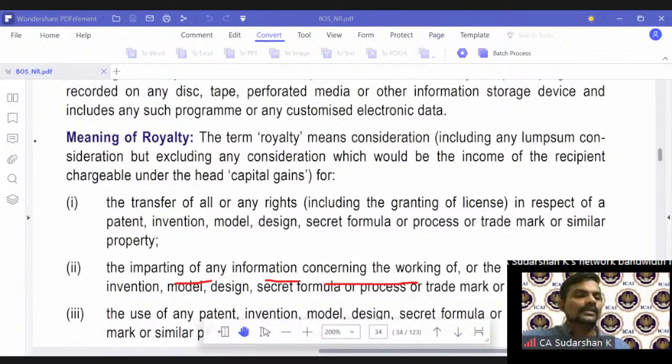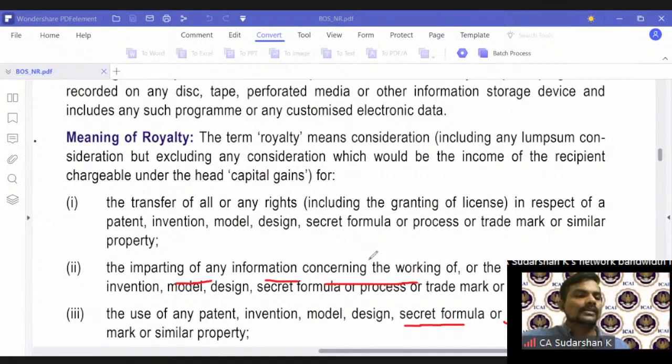Starting of the work of, or use of invention, model, formula, process. So basically, royalty contains all property related use. So secret formula, process. So therefore, the contention of the taxpayer is